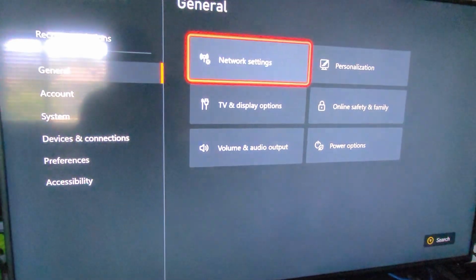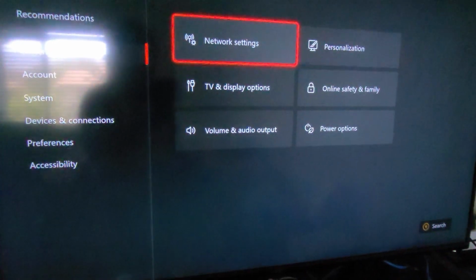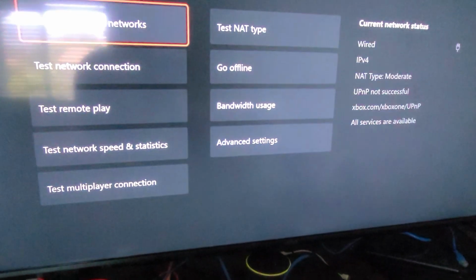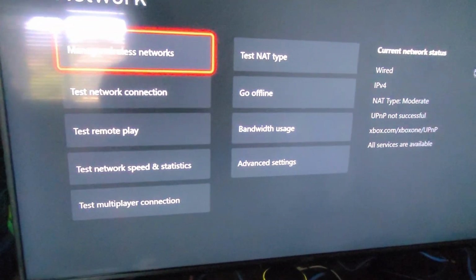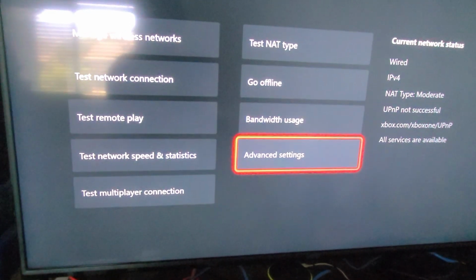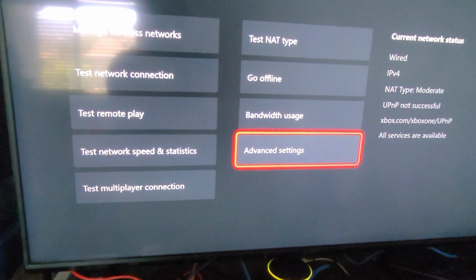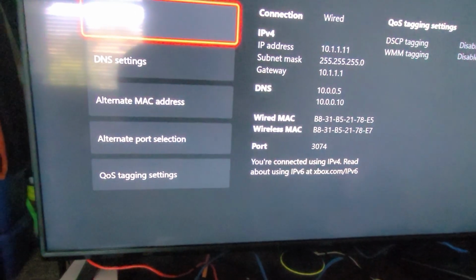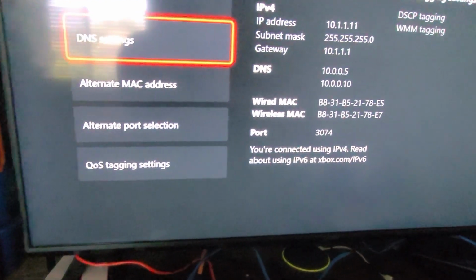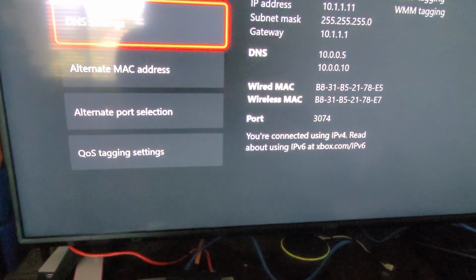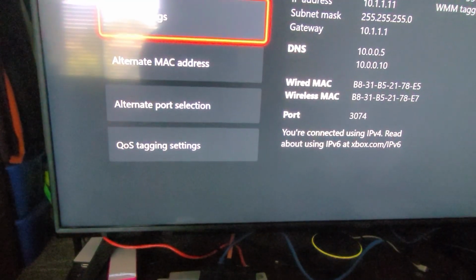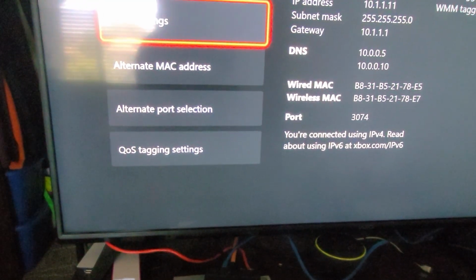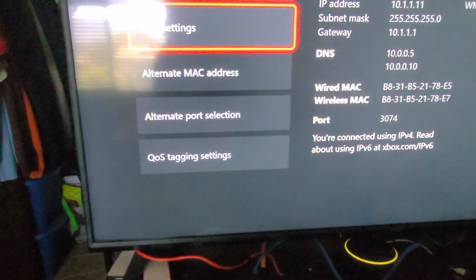We're gonna go to network, and on network, see, we're gonna go to advanced settings. Then as you see, that's my information right there on IP. I can change that. I don't really care, because I'm connected behind a firewall. So